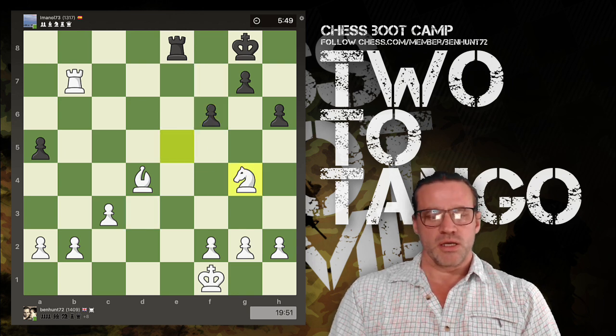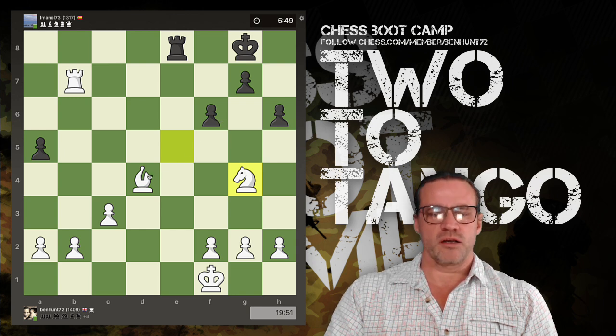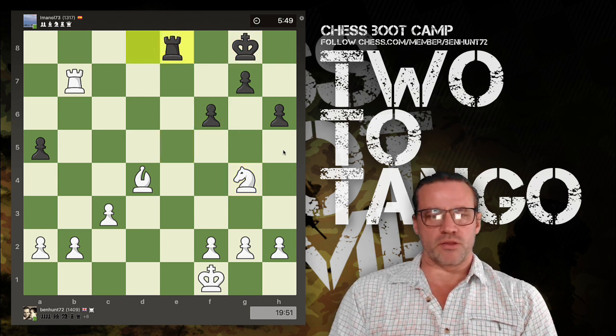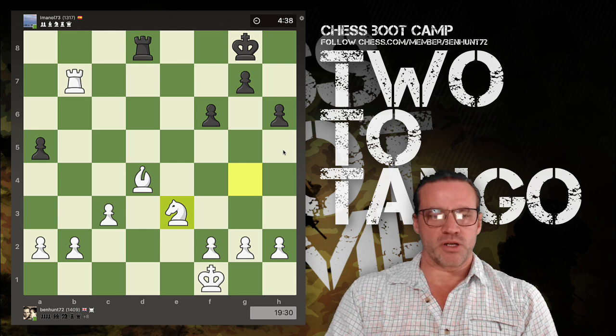Pawn comes forward. Now I reroute my knight round to g4. And I am even thinking that there's a tactic here. Bishop takes pawn, right? If pawn recaptures, knight takes with a fork on the king and the rook. Rook comes across looking at the bishop. Now I move my knight around